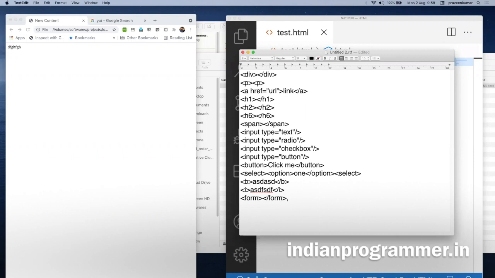Or if you want to design something, it's like a combination of inputs, right? So all these things will be handled inside the form. This form is specifically for submitting the data to the server. Okay. This is the form,